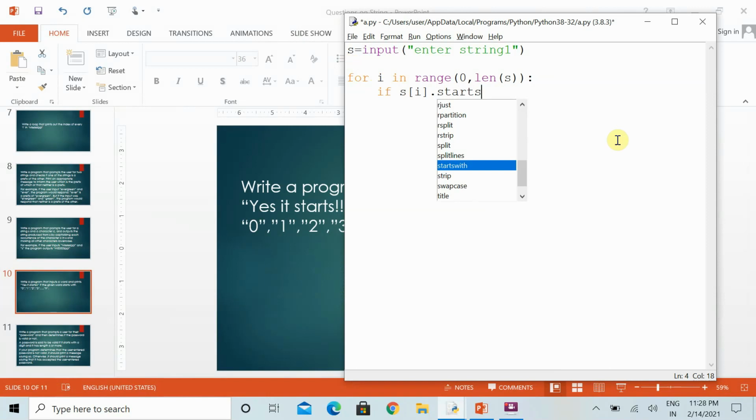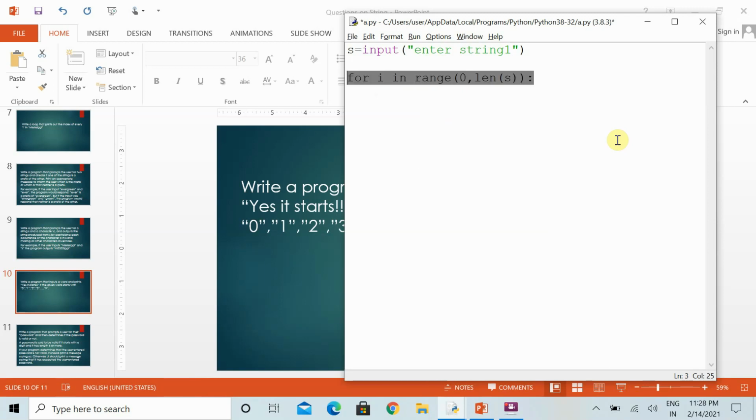That is up to you how you specify it. If you don't want to use the for loop, then there is no need to specify the loop, just specify that if the first letter starts with a digit, then